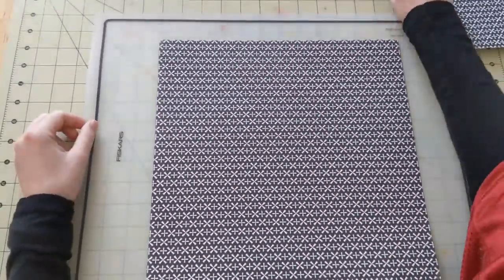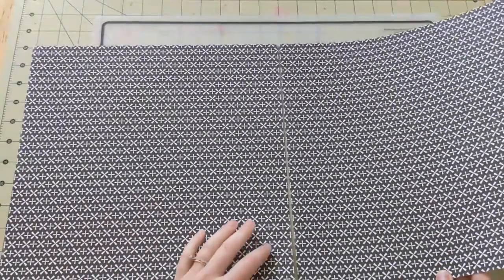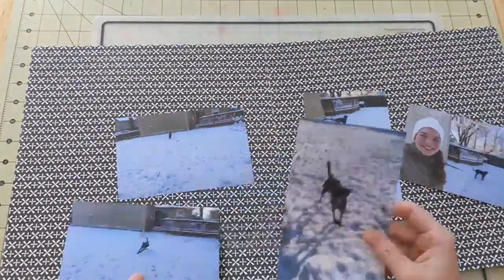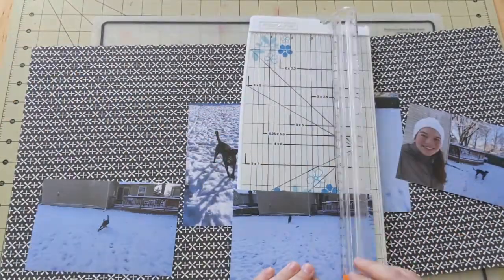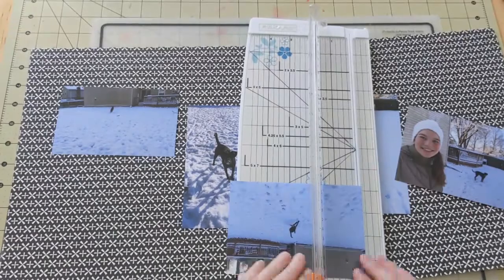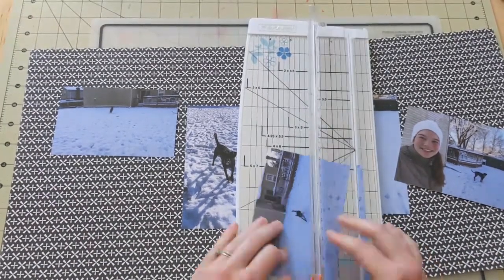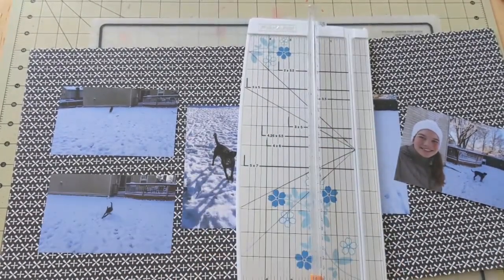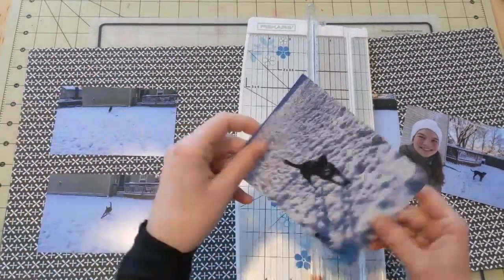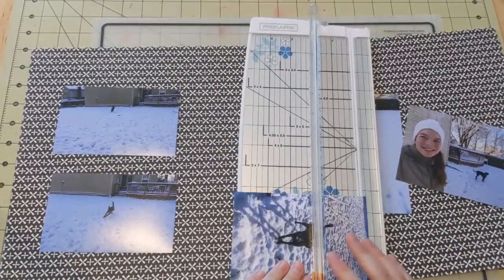Now I have these 2 black and white papers. They are from Echo Park. I don't think they were in a specific collection. I got them just as loose papers. And I thought, I'm going to try something a little bit different today. I want to do some mixed media on top of this black and white. They're kind of like little X's or check marks, and I thought, that kind of resembles snowflakes, and we're gonna